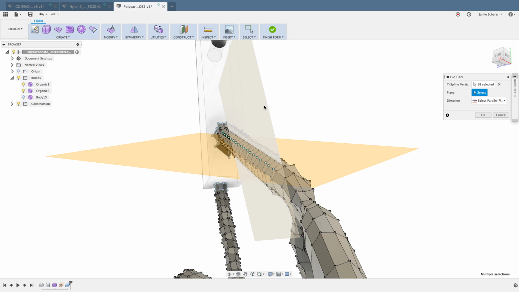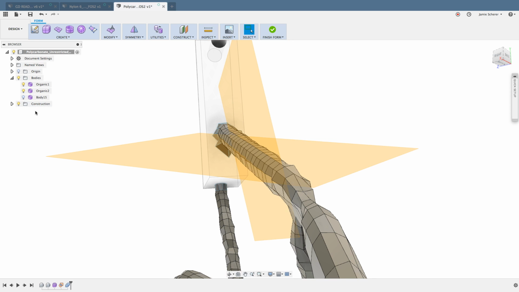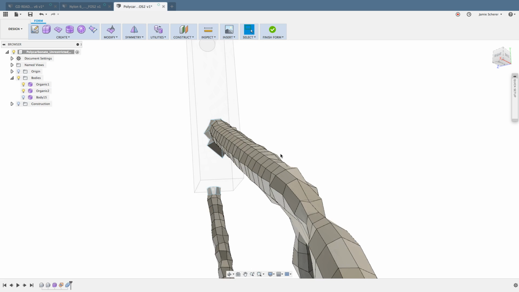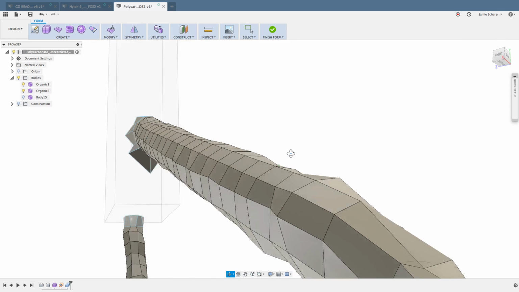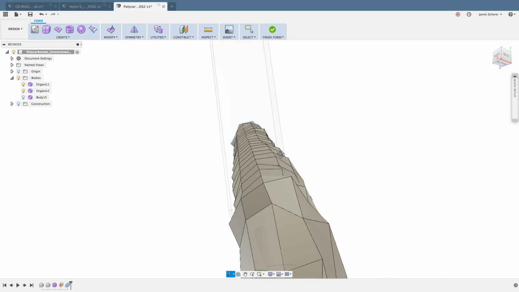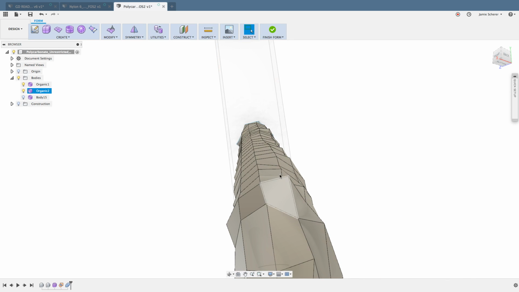So again, same technique. Select the work plane, and then we're going to flatten that one out and say OK. And now if we just zoom back in here, I'll shut off the construction geometry that I created so far. You'll already see that we have much better continuity across those faces,